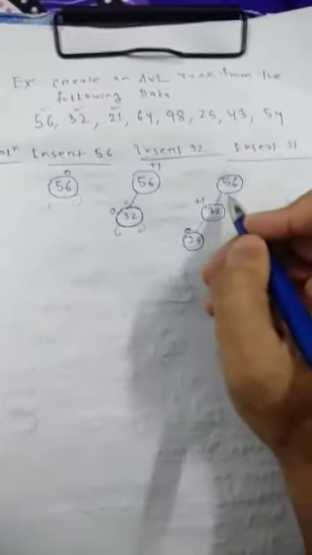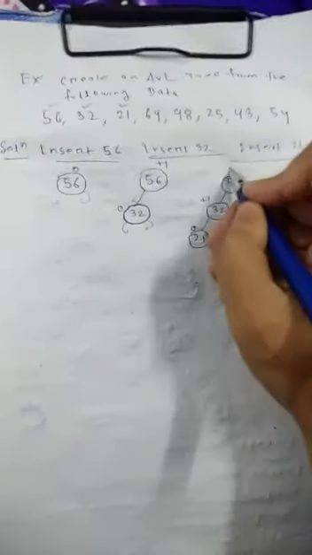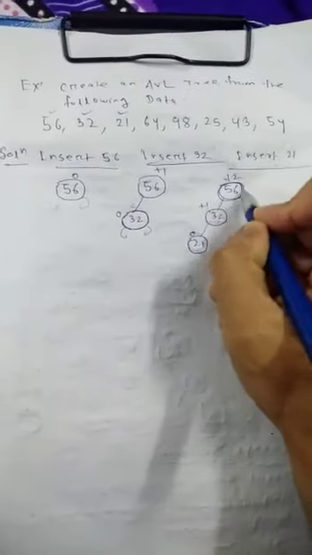And what is the balance factor here? 2 nodes are there, so 2 minus 0, this is plus 2. So see, this node violated the rule, the balance factor is not within the range plus 1, 0, minus 1, this is plus 2, so we require the rotation. Then, as we already said, we have to follow the rules. First we have to find the pivot, or we can say anchor node, the node which violated the rule. So this node violated the rule.